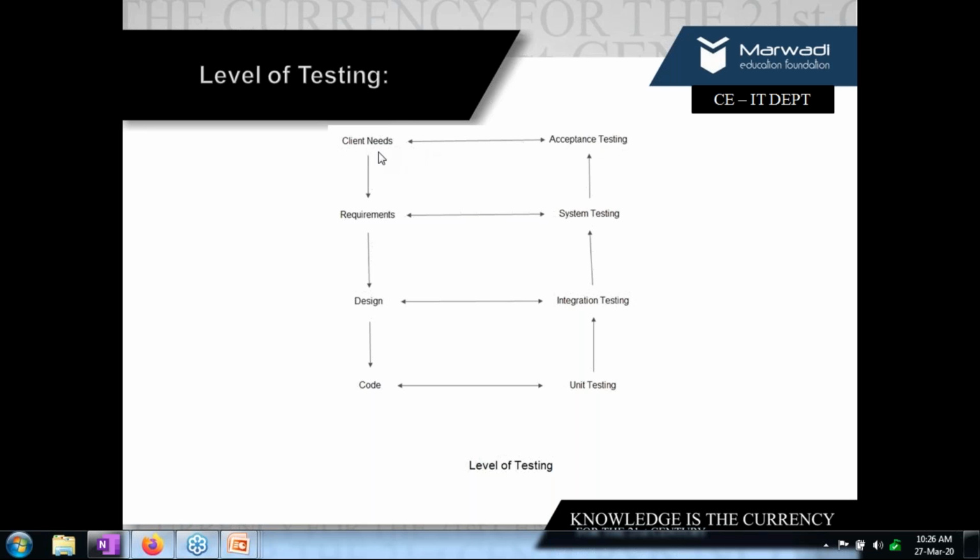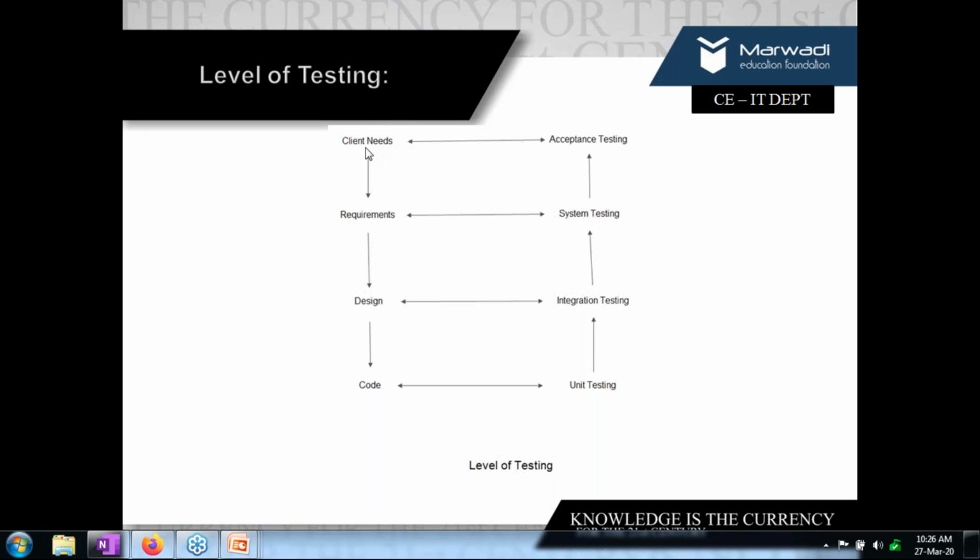Figure as a whole, let us start. You develop software because clients have needs. So client needs. Next, they give their requirements. Client needs lead to requirements, which you convert into design, and then you implement it. The cycle is clear: client need, requirement, design, and code.